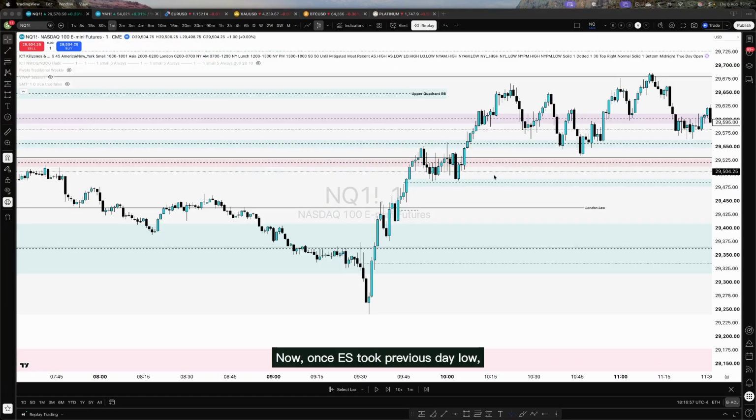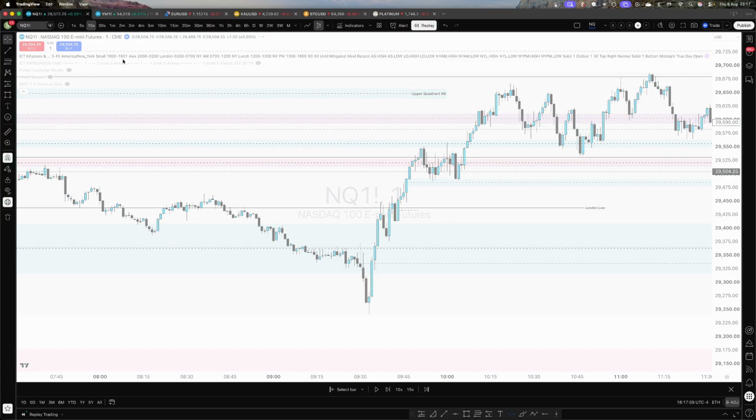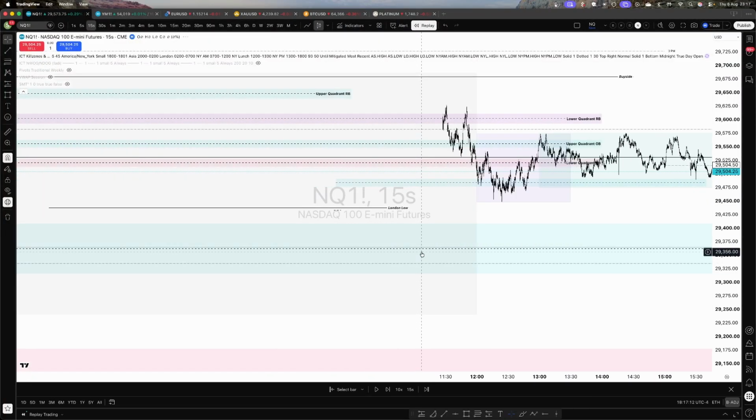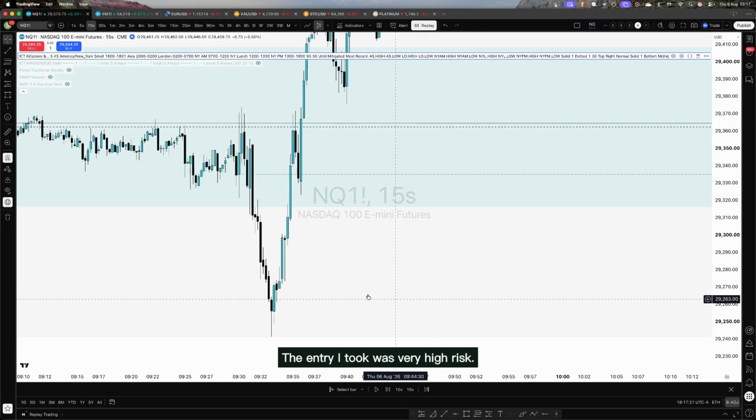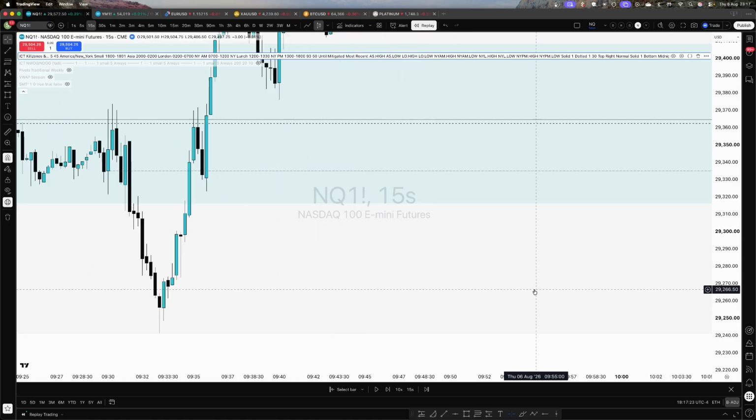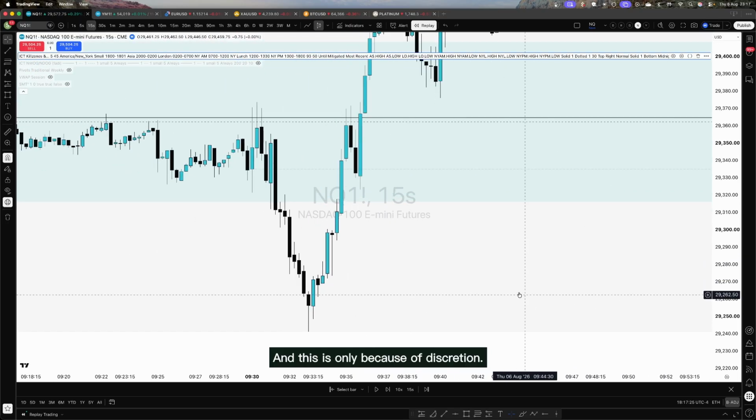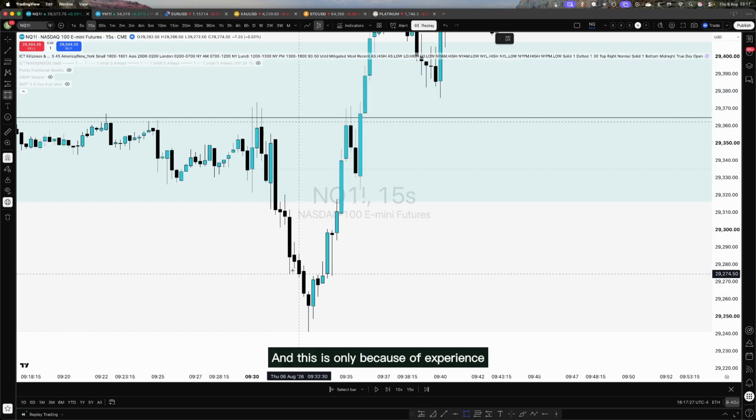Now once ES took previous day low, the question is, how do we get an entry? I normally would go down to the 15 seconds. You can see the 1 minute, but as I mentioned yesterday, I like my time frame alignment. The entry I took was very high risk, and this is only because of discretion, and this is only because